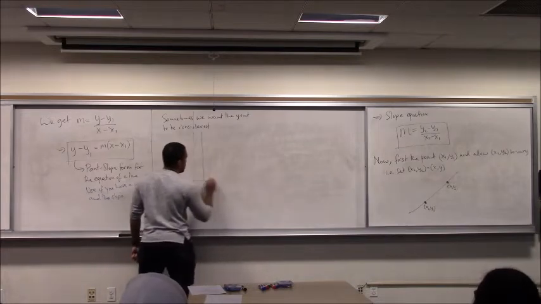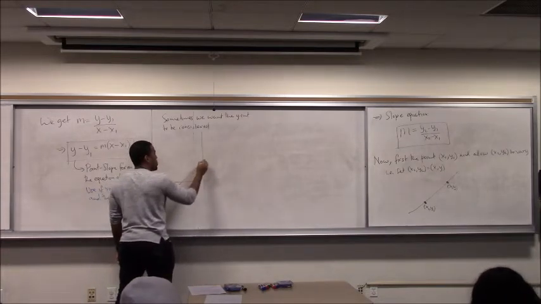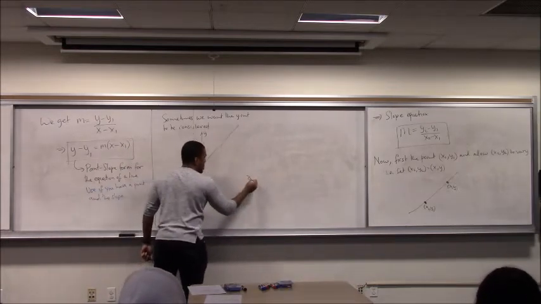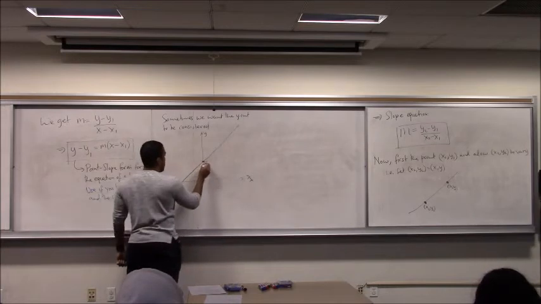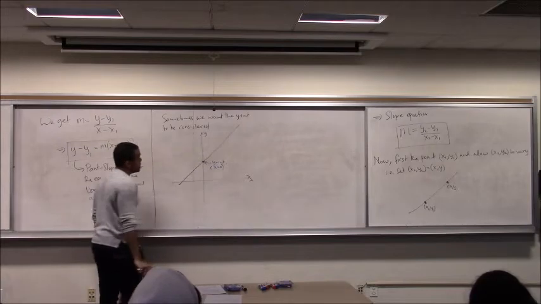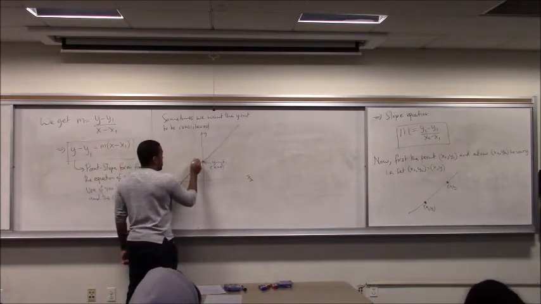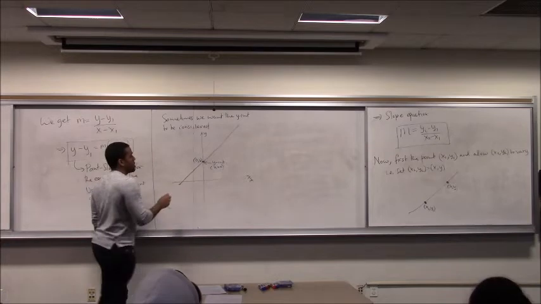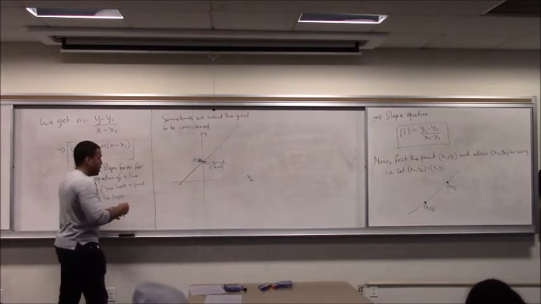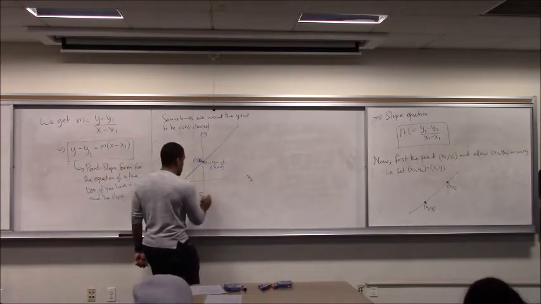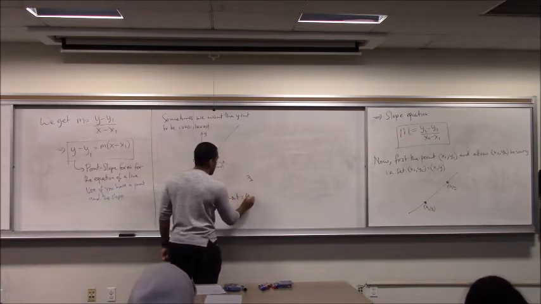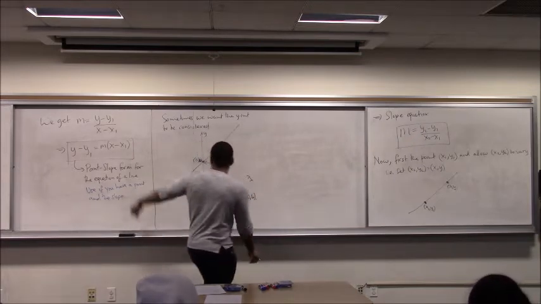So this, the y-intercept, by definition, is where the line passes through the y-axis. And so that's your y, that's your x. This is called the y-intercept. Notice here that your x value will be 0. Also notice, therefore, that the coordinate must have 0 in the first coordinate, and we define it to have b in the second coordinate. So let's say the y-intercept is (0, b). So suppose